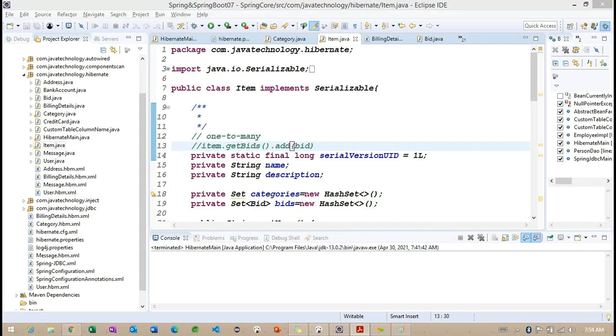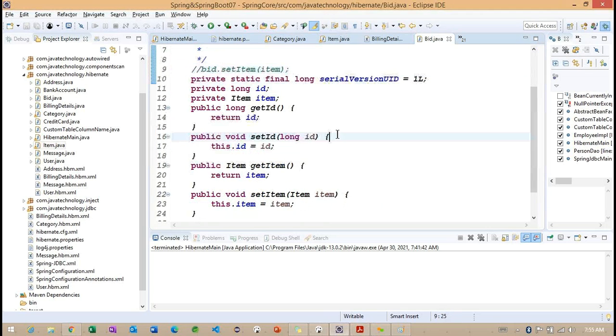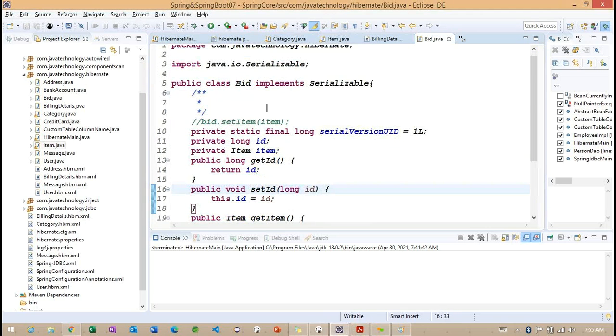Okay. So when we are working with these two objects, item and bit, how are we going to make the relation here? So now we identified from bit to item a many to one relation. Same way, from item to bit, we identified a one to many relation here. Getting the point? Okay. So we created bit here and we identified items.